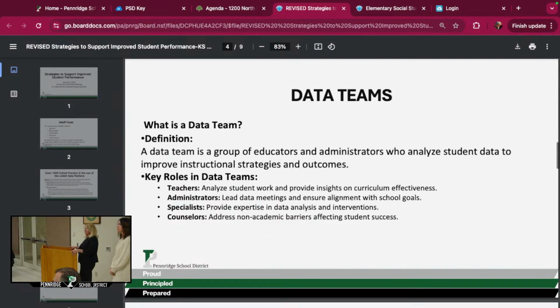So really the data team, I just want to make sure we all understand what that is. That will look like a large group of teachers in every building in the school. You can walk into a school and see teachers talking about particular kids. Building administrators talking about my 3rd grade students, right? The whole 3rd grade, the whole 4th grade. What does that look like? So they have a bigger perspective, and it drills down into how is each student doing. And if they're not succeeding, then why is that? And what can we do about